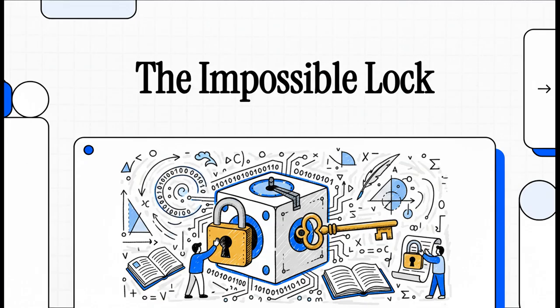It sounds like straight up magic, right? Well, this impossible lock is real. It's digital, and it's pretty much the only reason your online life is secure. Today, we're going to pull back the curtain and see how it's built. Not with some futuristic tech, but with some surprisingly elegant 18th century math.